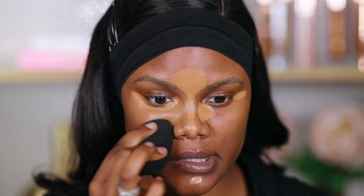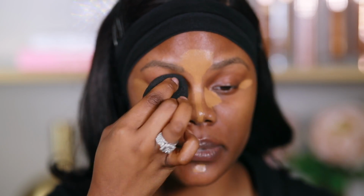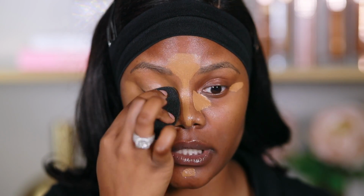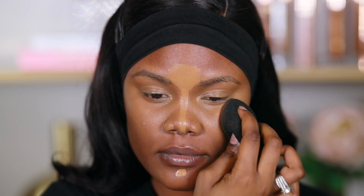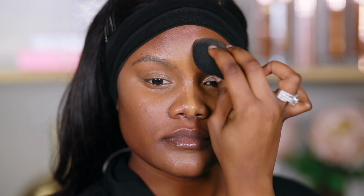I usually don't let it sit because we're not going for a full coverage makeup look. I like to also bring it down so that it diffuses downwards. And then whatever is left, I'm just going to place on my eyelid area because it's also dark around that area. And this just immediately gets rid of that discoloration and gives your eyes more of a highlighted